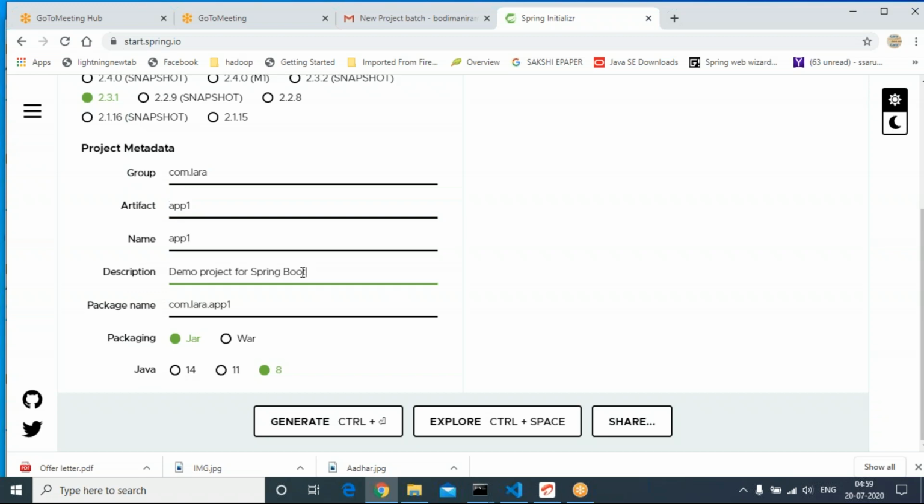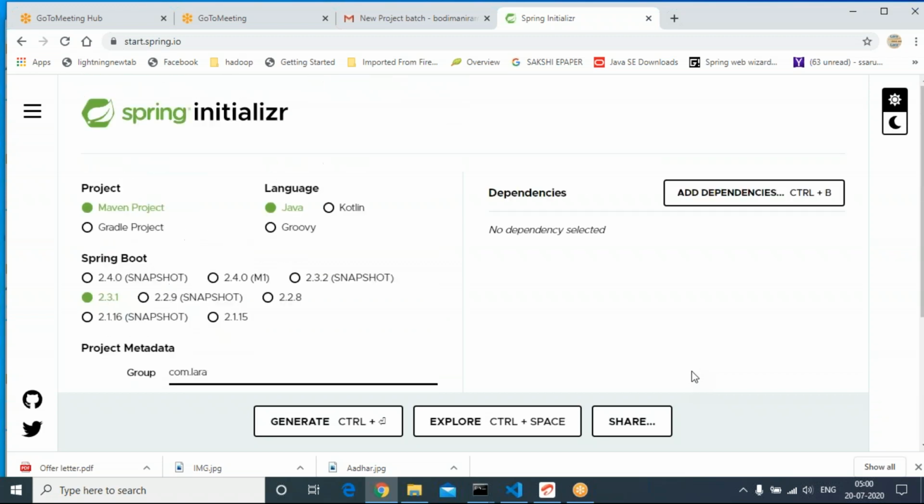You can provide any description. You can also change the package name if you really want. Then packaging is a jar type. You can also go for war type, that you'll come to know later. By default, packaging is jar and Java version is 8.